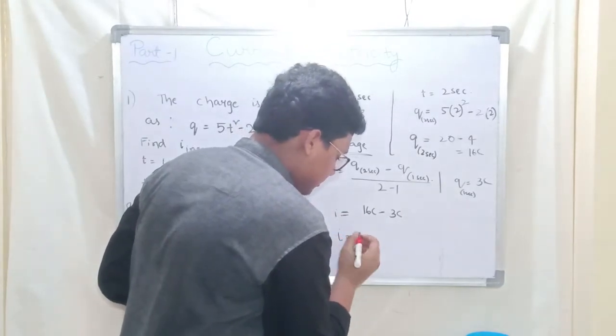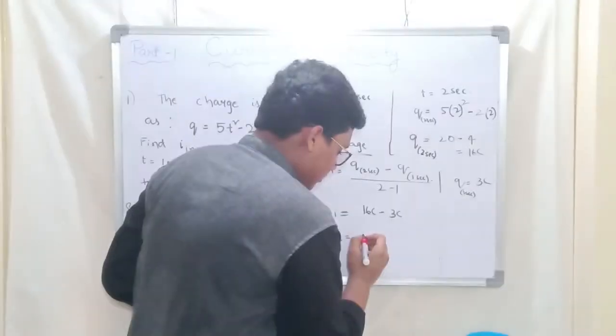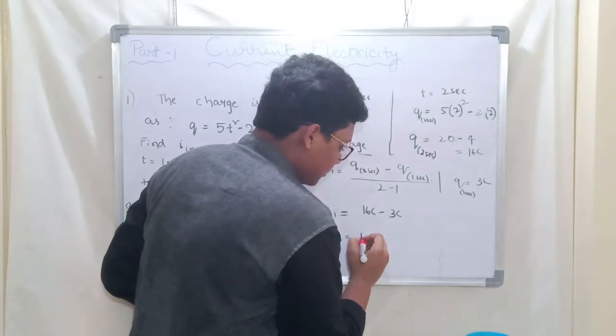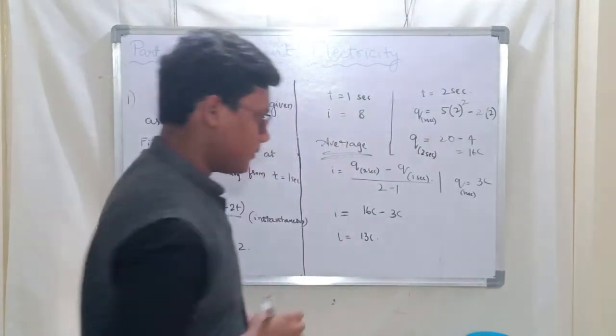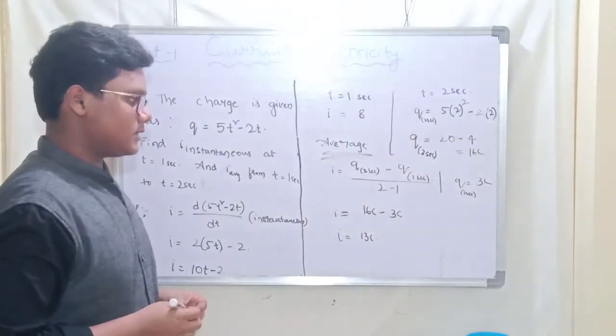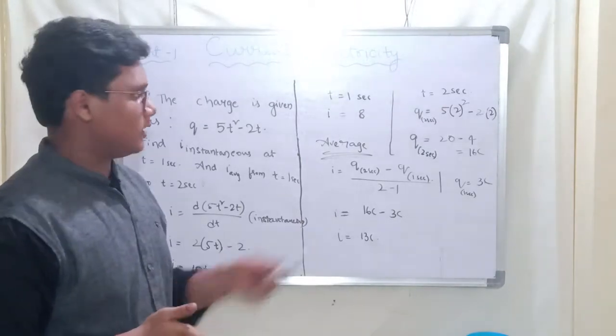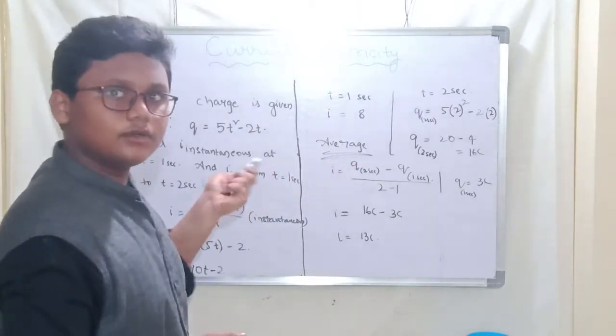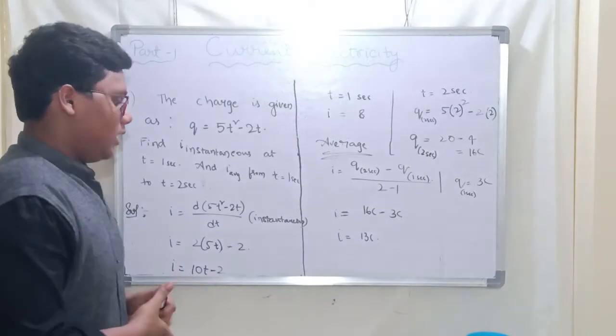I is equal to 13C. That is the average. If we take an equivalent interval like 4 seconds and 2 seconds also, we will get the same. And now,